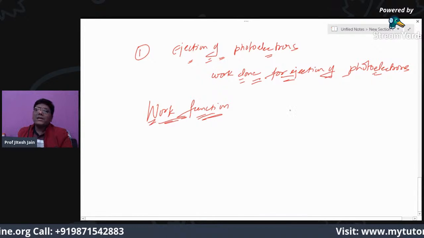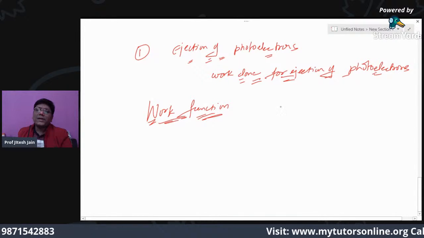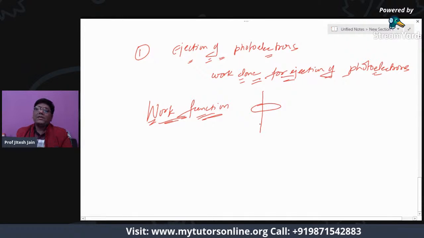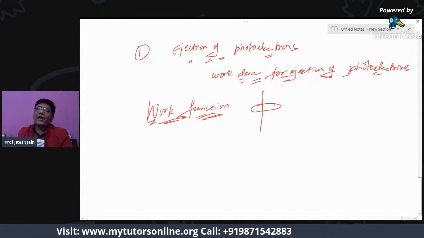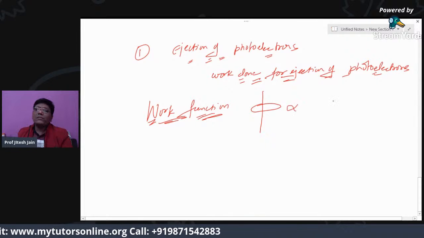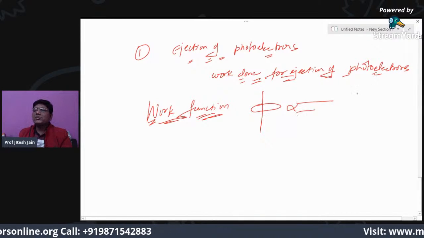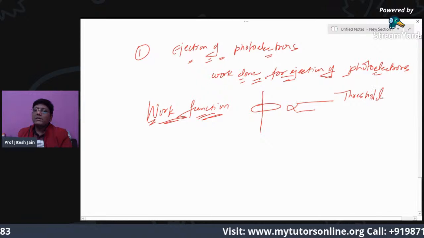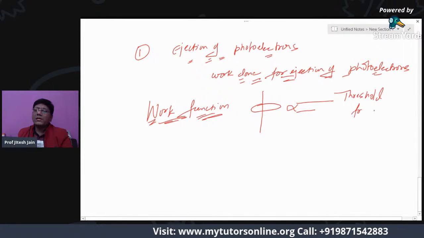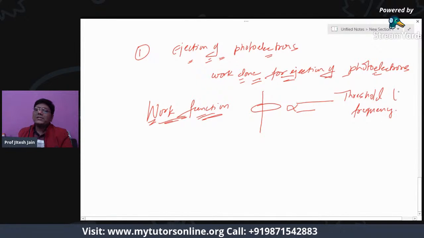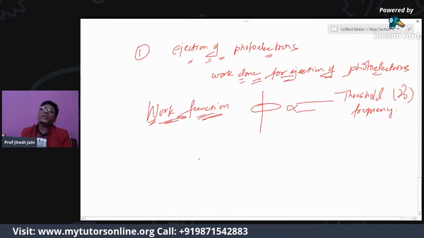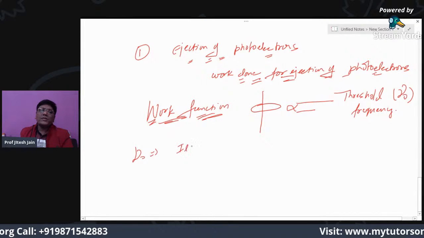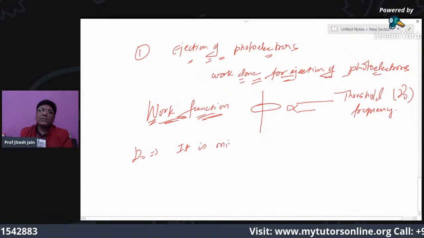Okay, and he explained that work function should be written by this letter, that is phi. Okay, now this phi is always proportional to one special kind of frequency which is known as the threshold frequency, right? Threshold frequency. Now the question arises, what is this nu zero or the threshold frequency? So threshold frequency is what? It is the minimum frequency,